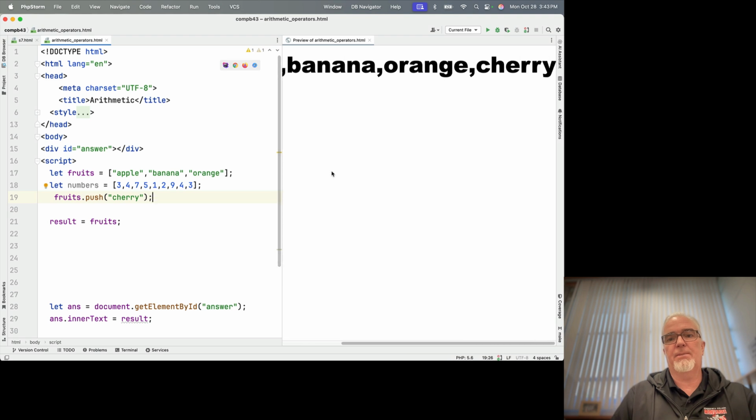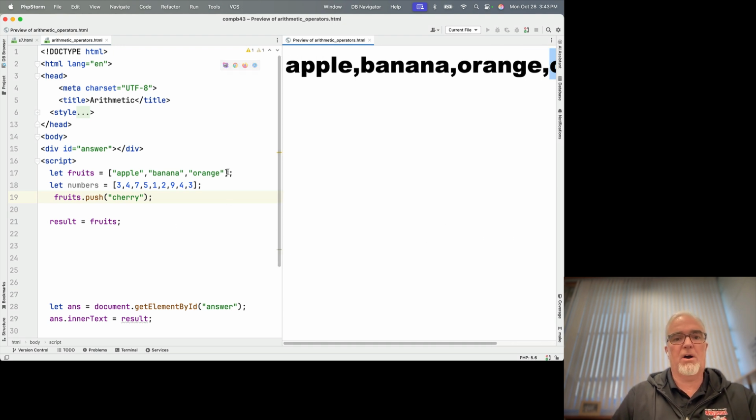So there is my new array. You can see cherry has been added to the end. So that is how push works in code, and push is always going to add to the end. Okay,